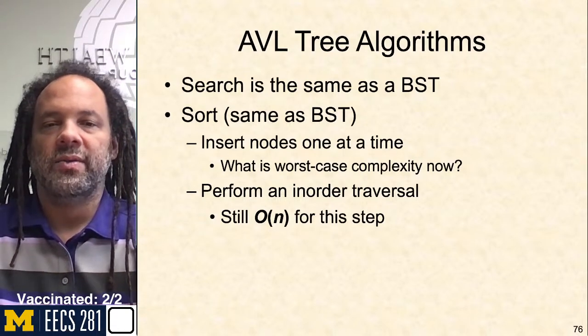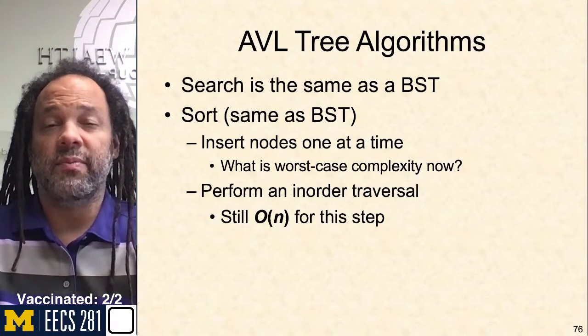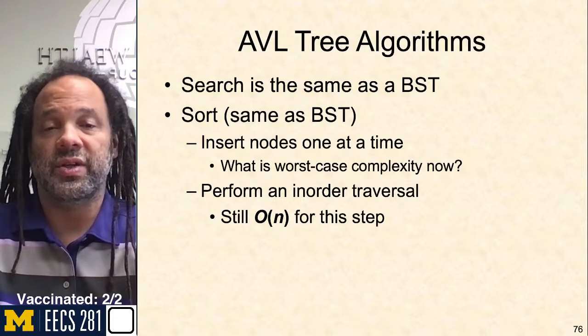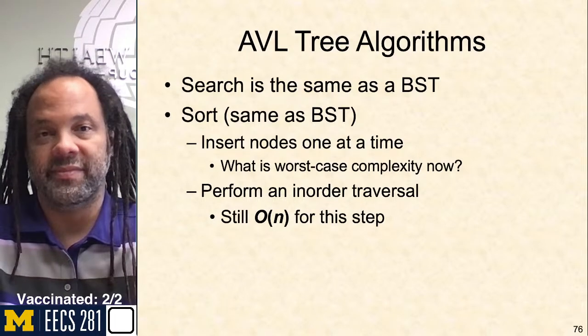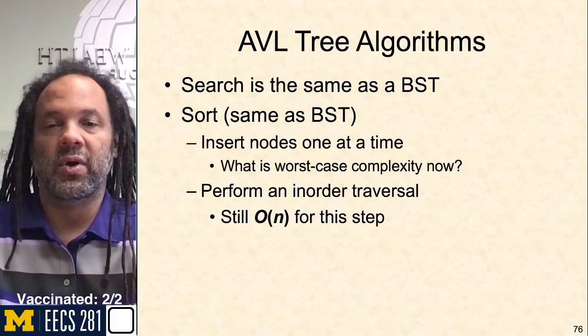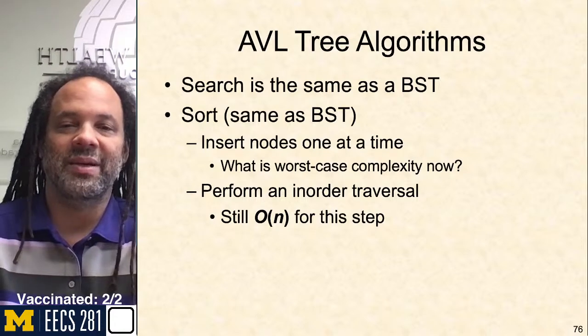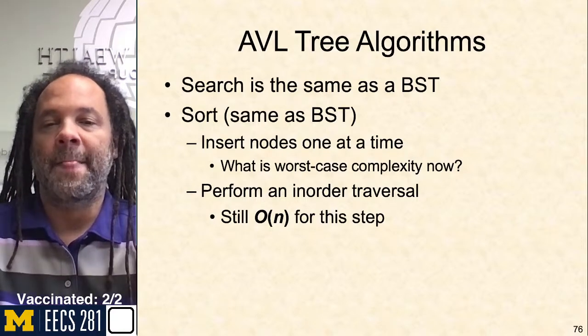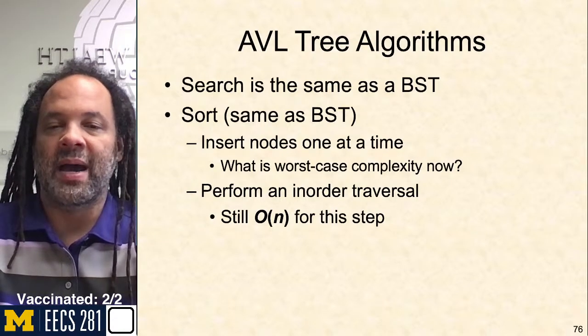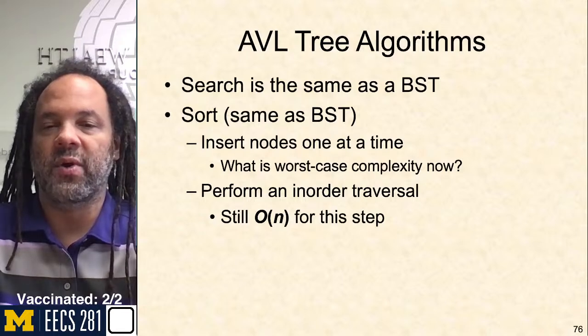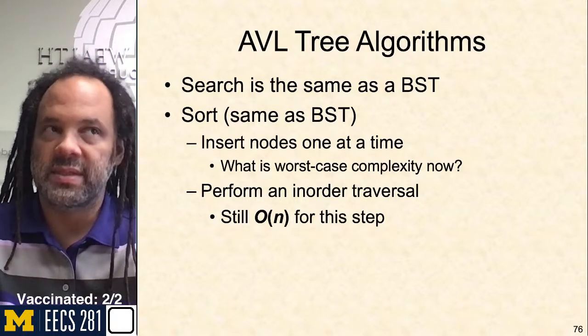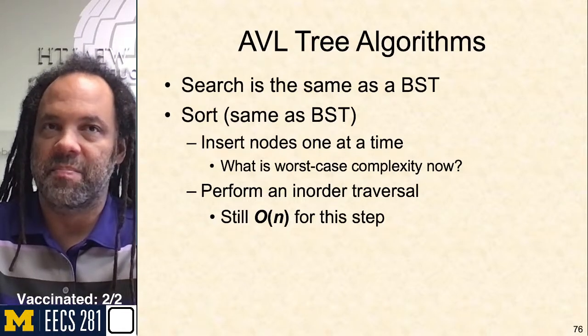All right, so as we look at our AVL tree algorithms, we're doing pretty good. Search is the same as a BST because it is a BST. Sort is the same as a BST because it is a BST. Inserting nodes one at a time now, our worst case complexity for insert still has to be big O of